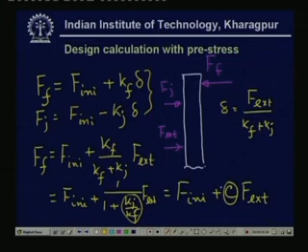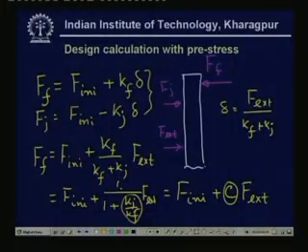By having a very small value of C, one can apply a very large value of F external. That is, if C is 0, then we can apply an infinite amount of external force, but